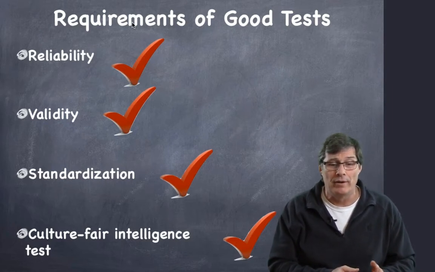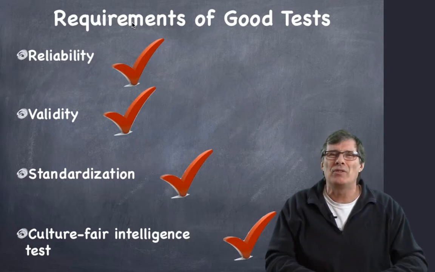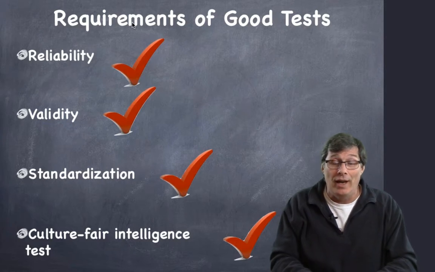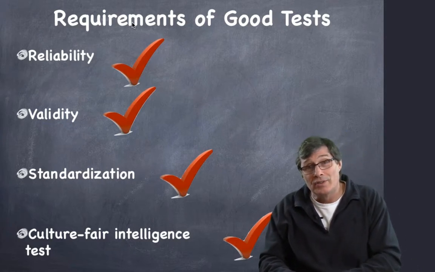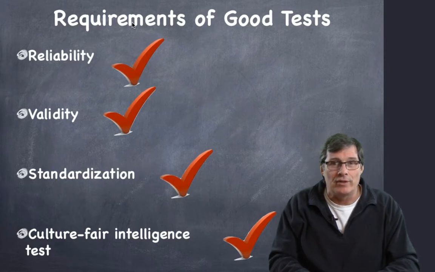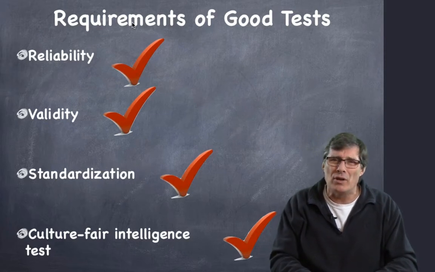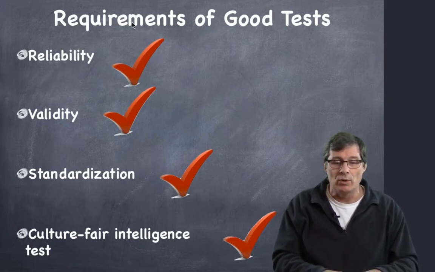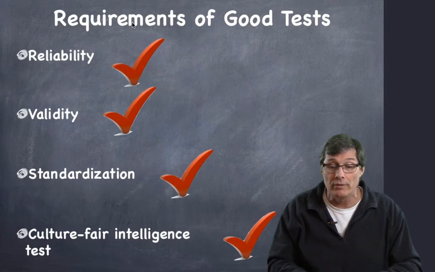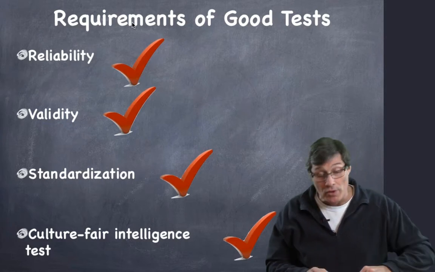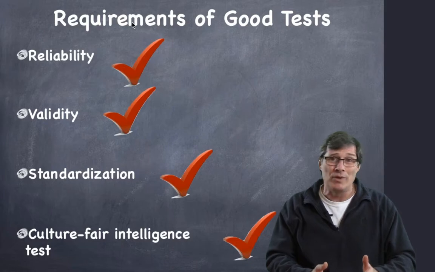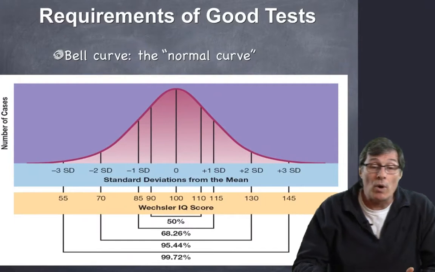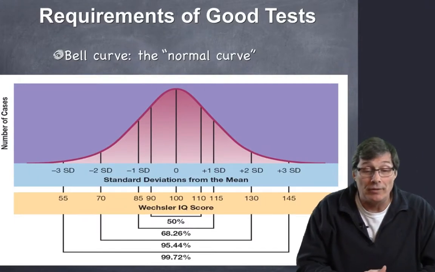And then what they found through the Stanford Binet early in its development was that it wasn't culturally fair. Tests would be given to students or children who were not white, Anglo-Saxon, and Protestant, and they would score worse because they didn't have the experiences of these other children. So it wasn't very culturally fair. The culturally fair intelligence test uses questions that will not penalize those whose cultures differ from the mainstream or dominant culture. When those conditions are met, then it's the best that we've got given those circumstances.